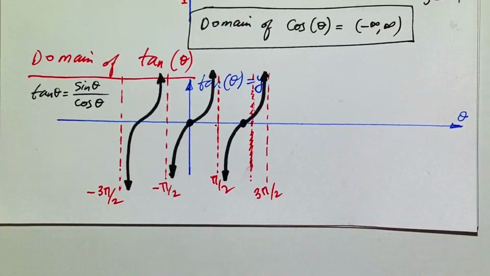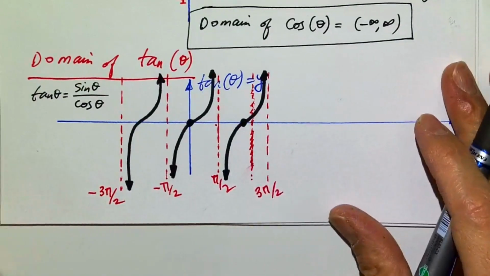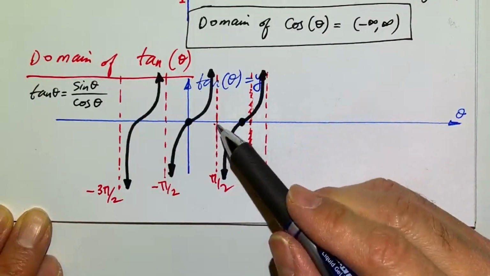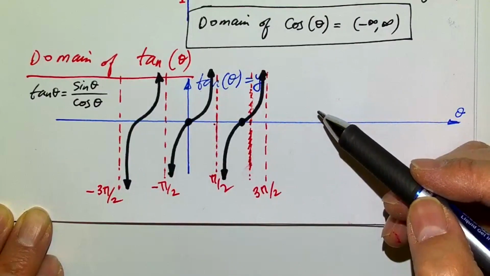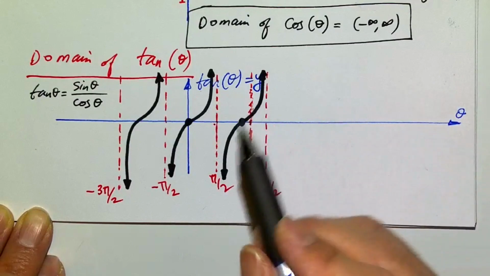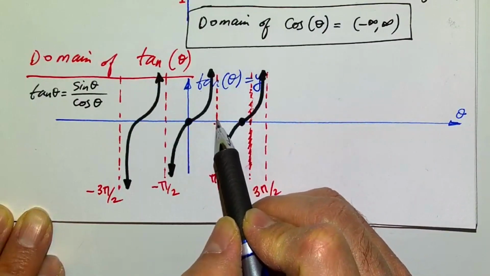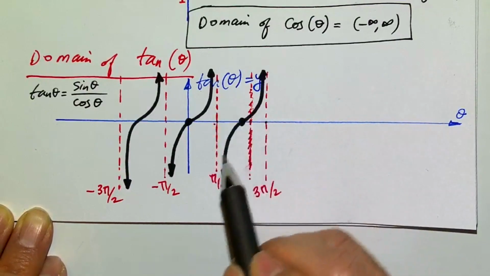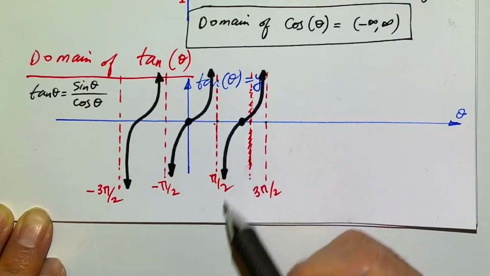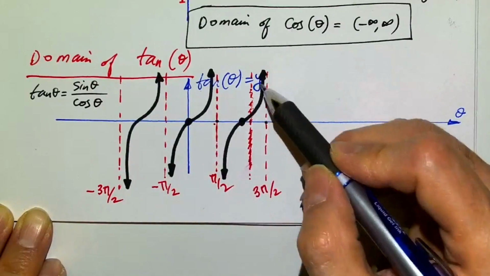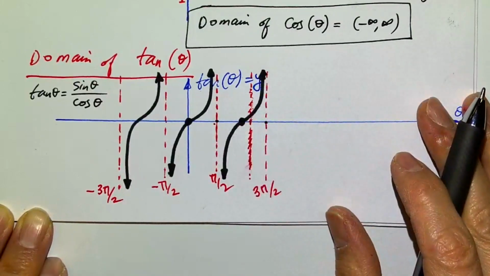So these asymptotes are exactly where the cosine of theta is 0. Okay? I don't want to make this drawing too crowded, so I'm not going to draw the cosine graph, but if I did, you'd see that this is where the cosine graph is equal to 0: cosine of pi over 2 would be 0, and again cosine of 3 pi over 2 would be 0. So the tangent function cannot go through that.